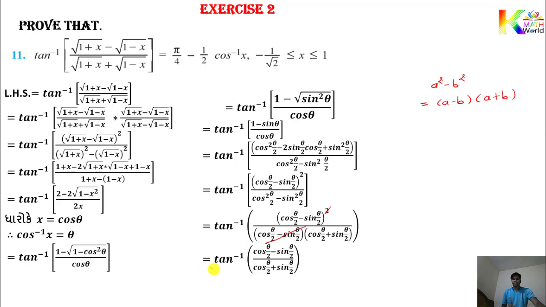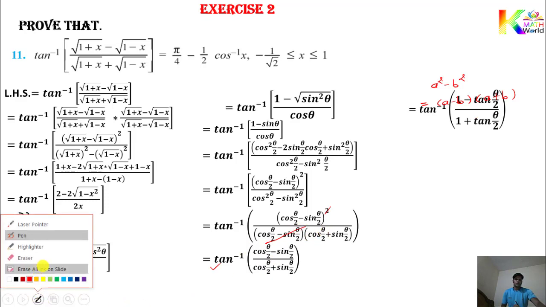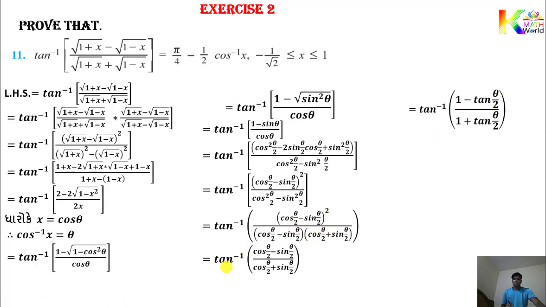So outer function tan inverse, you have to try to set everything in terms of tan. So divide numerator and denominator by cos theta by 2. So we get like this, tan inverse of cos theta by 2 over cos theta by 2, 1, minus sin over cos, that is tan theta by 2, over cos theta by 2 over cos theta by 2, that is 1, plus sin over cos, that will be tan theta by 2. So now this one can be replaced by tan pi by 4, and here 1 is hidden in multiplication. So that one can be replaced by tan pi by 4.